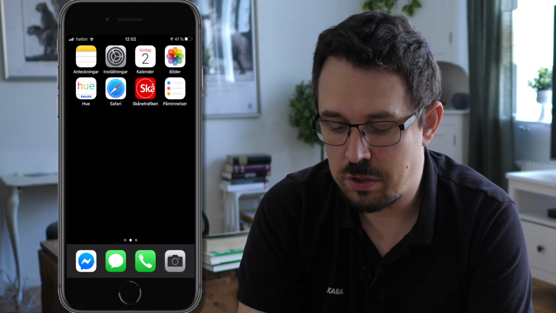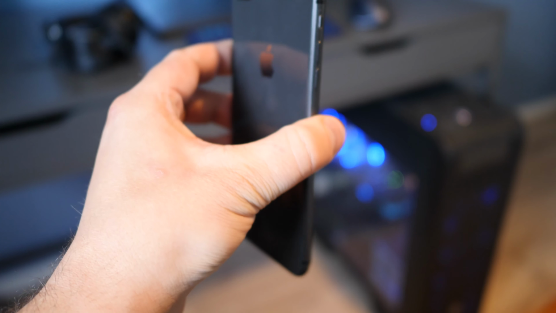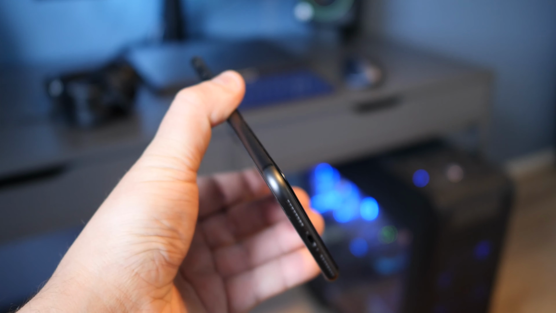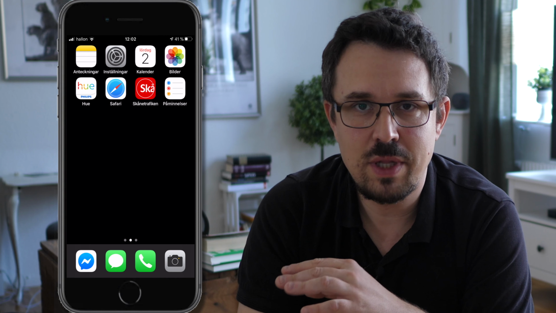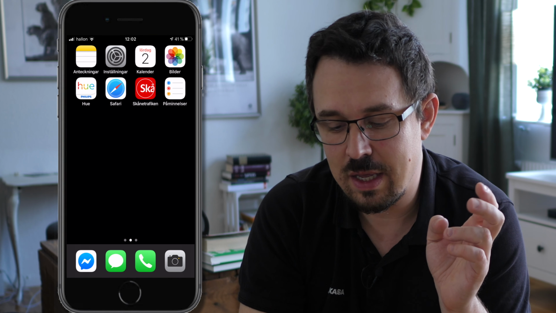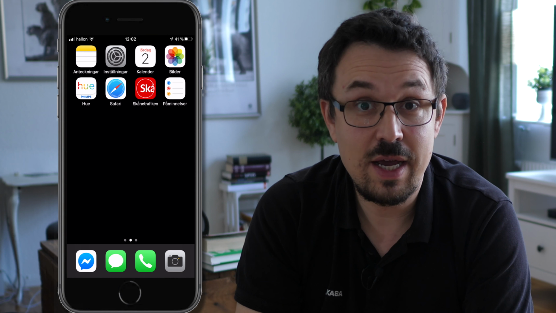So I just wanted to show you guys how I use my smartphone in a productive way as a minimalist, and this is something that changes over time. So I have 55 apps at the moment. Sometimes I do a cleanup, where I basically get rid of all apps that I don't use. So every once in a while I have something like 30 or even 20 apps on my smartphone, and that's